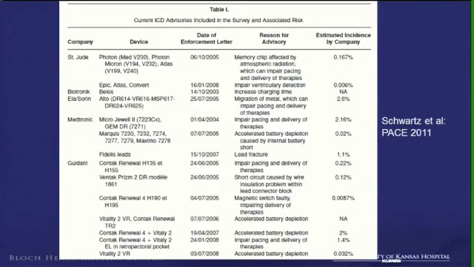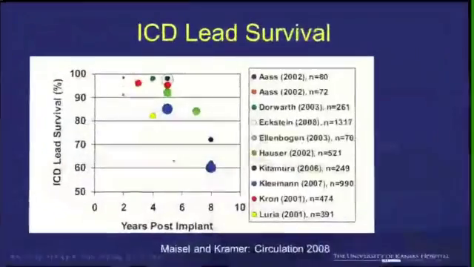The importance of these recalls obviously depends on what kind of complication can occur due to the malfunction, and what is the prevalence of that device in the population at this time. So the ICD leads have, as is mentioned, exponentially increased. So anything which is related to a common ICD lead has a bigger impact than smaller generators.